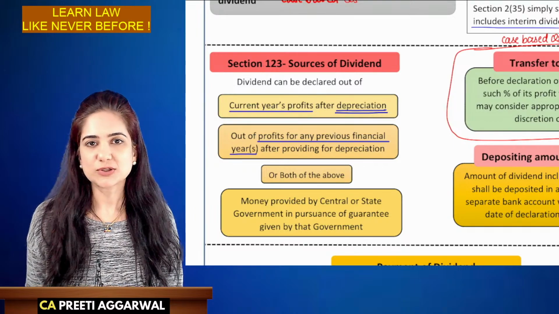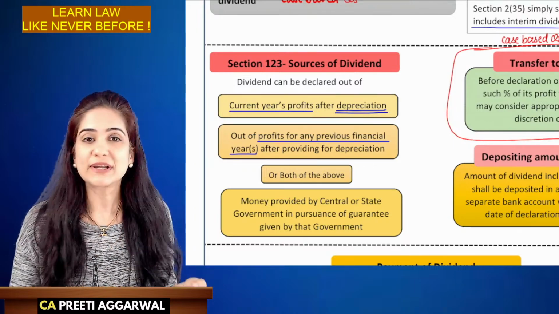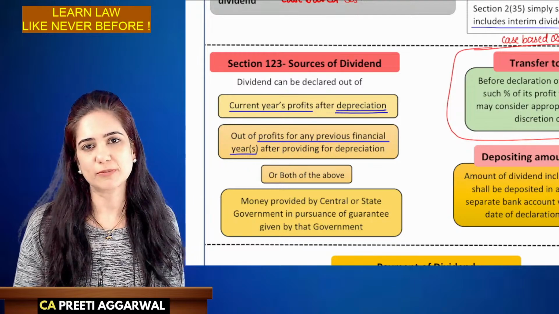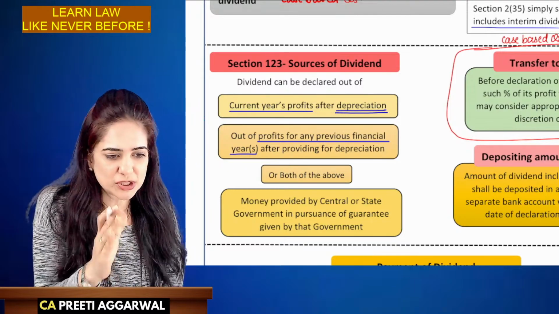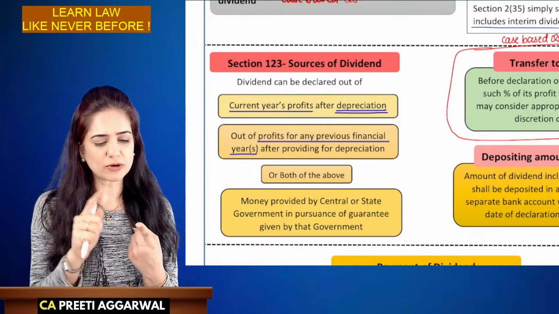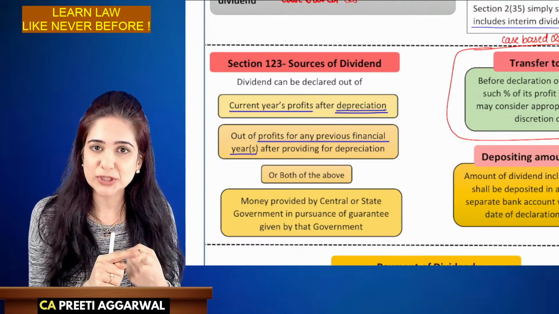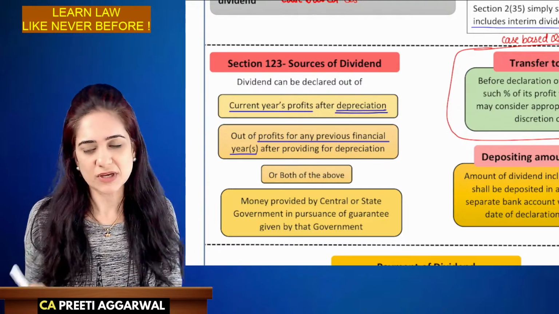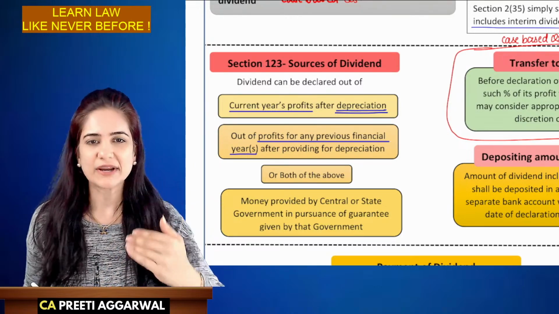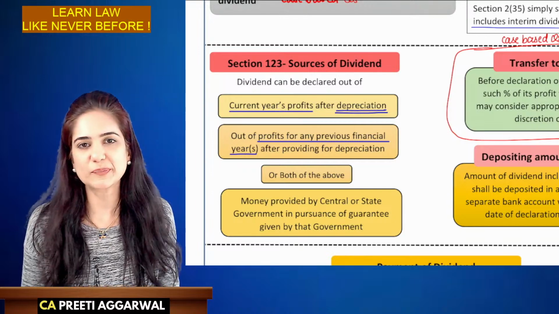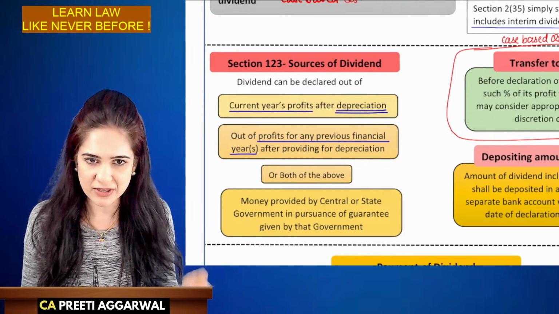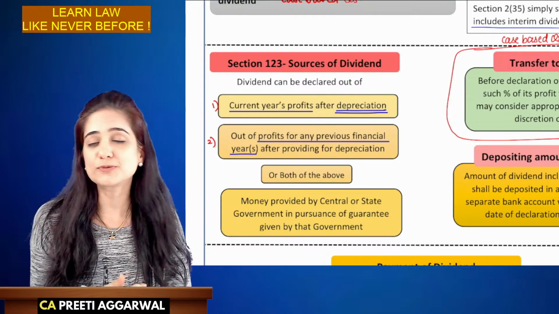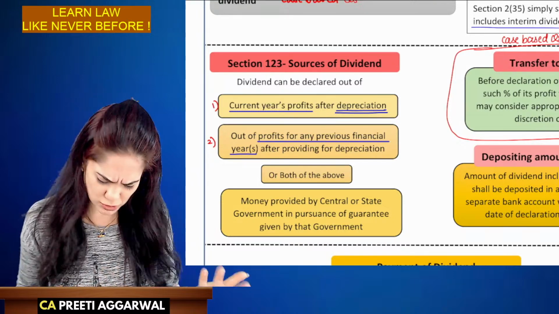Students, it is very important for us to note that we cannot use securities premium, we cannot use CRR, we cannot use any kind of capital reserve for distribution in the form of dividend. We can only use the money which is available as free reserves. So you cannot use securities premium, you cannot use revaluation reserve, you cannot use capital reserve, CRR, DRR. They are all capital reserves. Dividend can be declared only out of revenue reserves. Revenue profit means something which you have earned from regular business activity. So you can use the current year's profit, you can use the past year's profit, you can also use both. Like this time I have insufficient profit, so I use both.